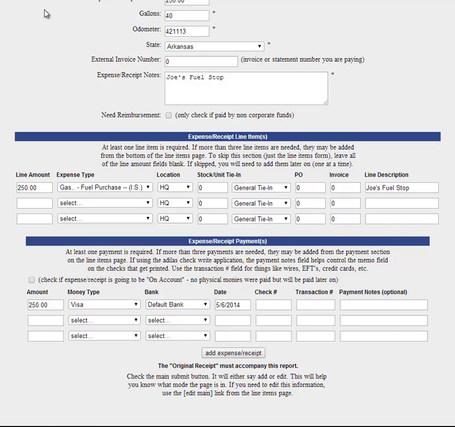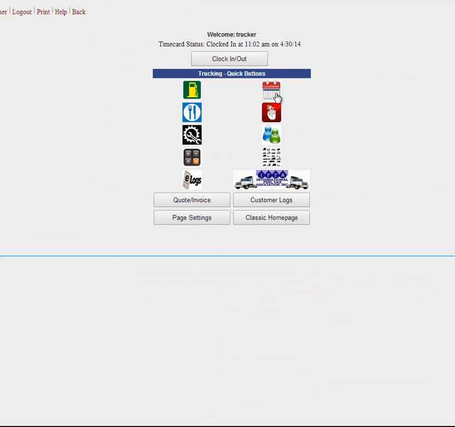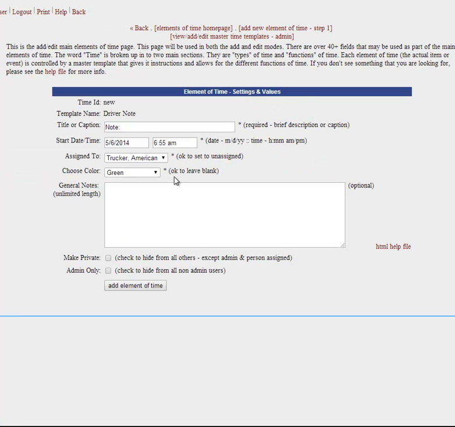So we will go back to the dashboard. And let's look over here. This is a calendar, and this is for putting in your trips, your trip scheduler. So you just click create new element of time, and in your title caption, you'll put Texas trip,